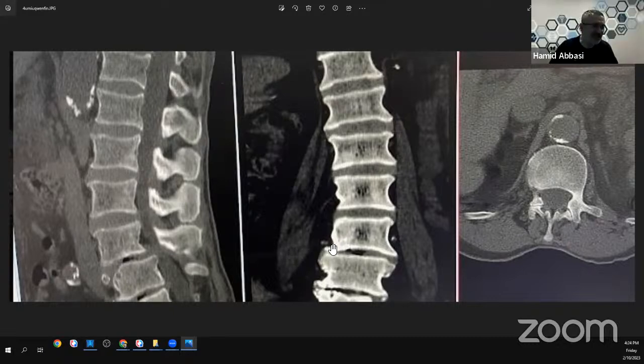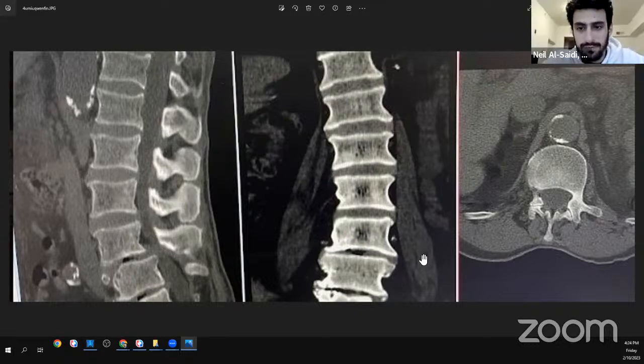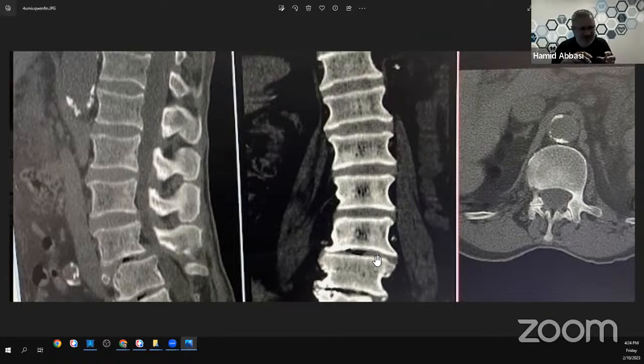Do you see that the edge of the bone is growing out? More or less, that's what spondylosis is. The bone is under stress and it's growing in places it doesn't have to grow. Mostly that's at the edge of the disc. That's spondylosis. So now, is there anything else you see pathologic here, Neil, besides the